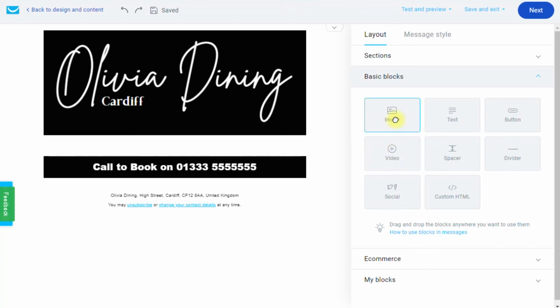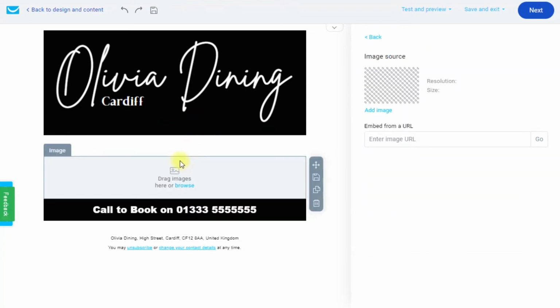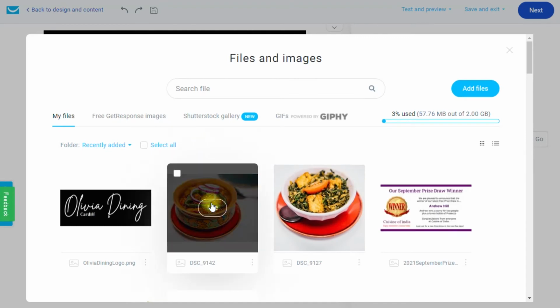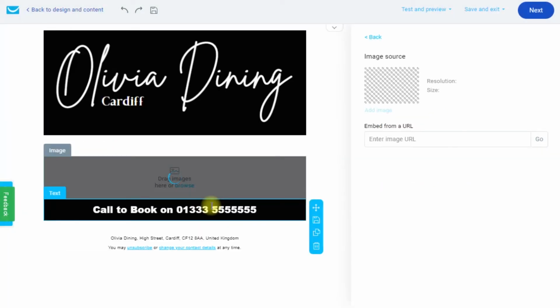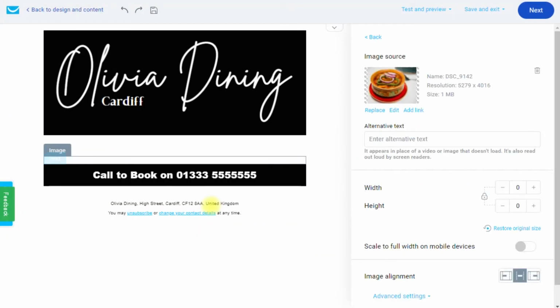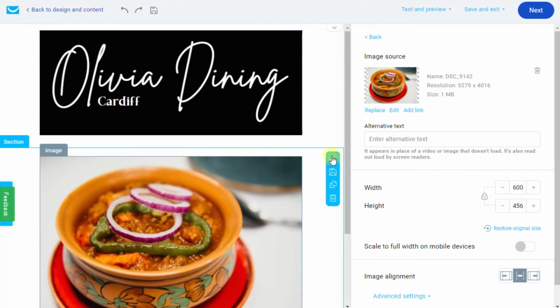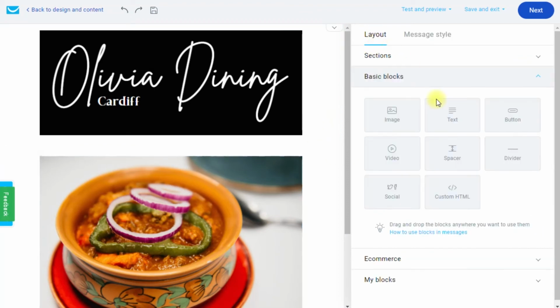If we wanted to include an image, we could simply drag that over to the middle there, and that would let us browse, find an image and put an image in there if we wanted to. There is an image of a curry. So you could put all those things in there. Other options you have are, let me come back,